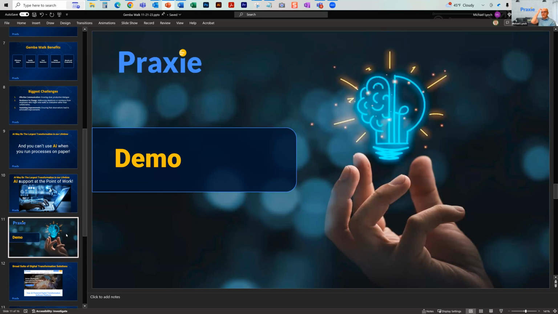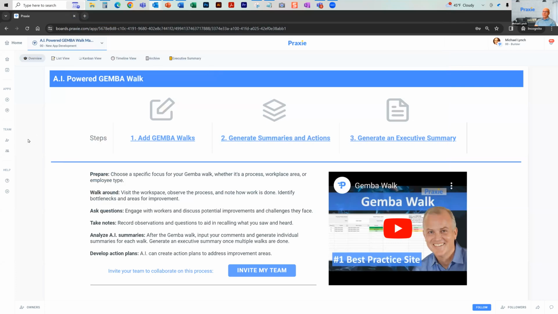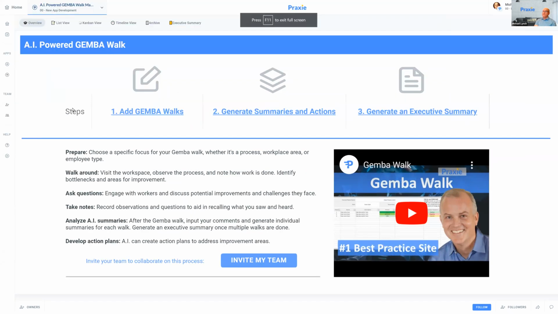I'll jump in and give you guys a demo, and then we'll talk a little bit more, and we'll take some questions after that. So if you go to our Gemba Walk application, this is the AI-enabled version of it,